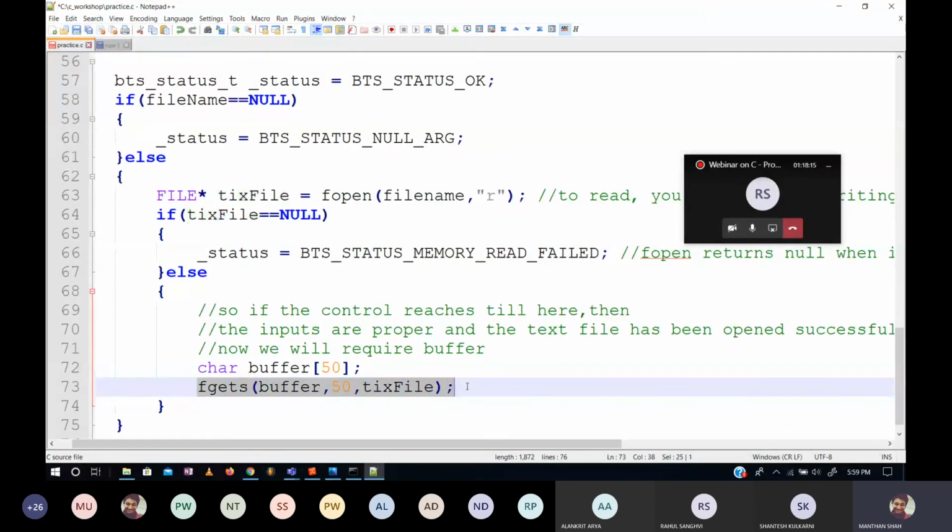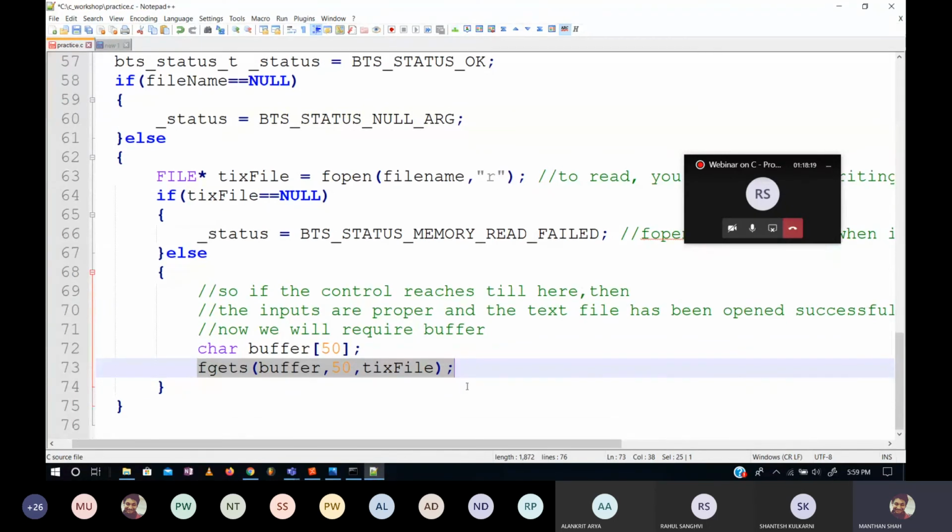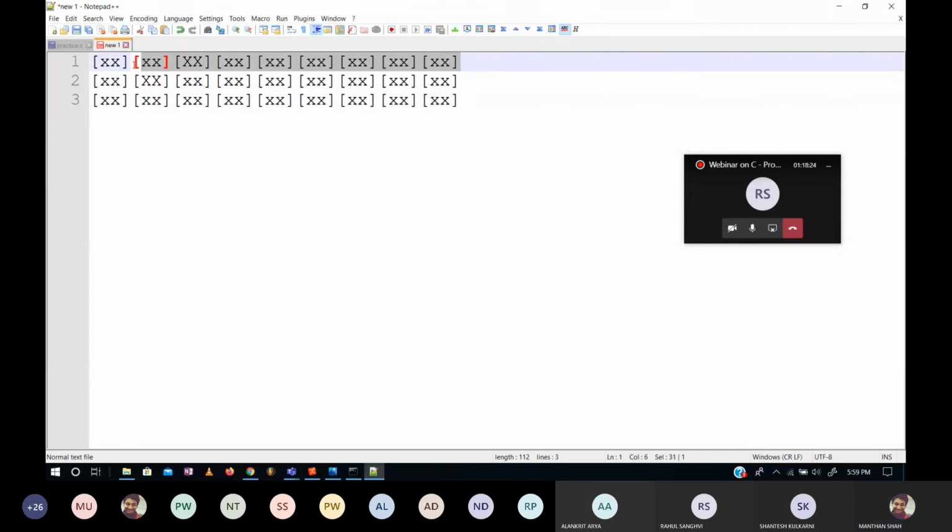As you can see here, this is what we are going to write in the space of stream. If fgets works properly, then it will read the first line until it reaches the new line. Inside every text file, after the end of every line there is a \n. This is called the new line character.